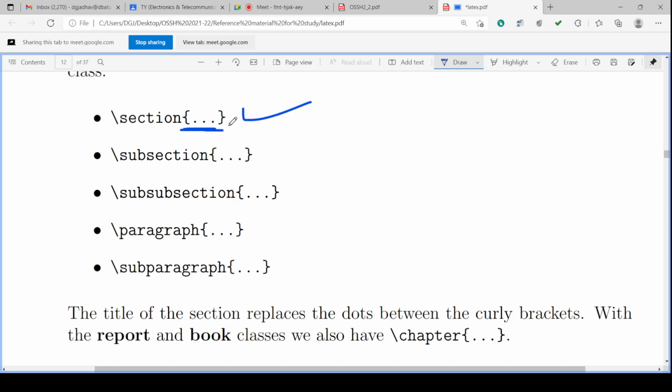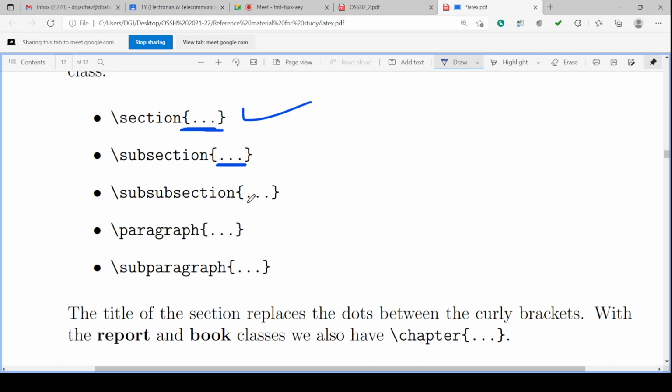In between, whatever is in that section, we'll copy and paste into those curly brackets. Then if any subsection is there, we'll write backslash subsection with curly bracket start and end, and whatever text is under the subsection, we'll put into those curly brackets.